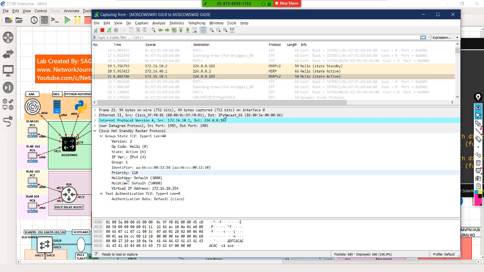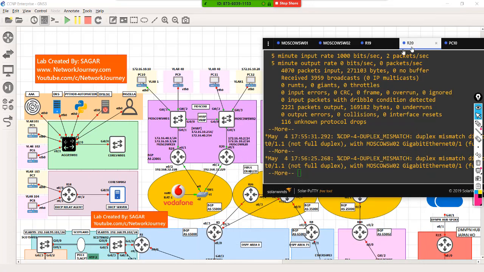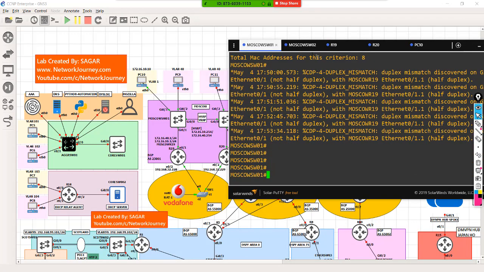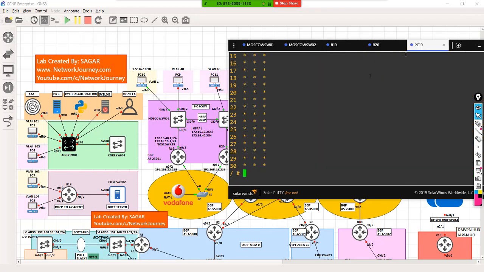Okay, fine. So we are good with version 2 and we are good with version 1. If you need, I can test the connection, the packet flow. So let's see from PC10, which is a part of VLAN 1. Let's see how the traffic is being sent.